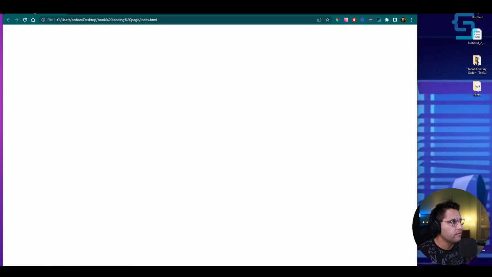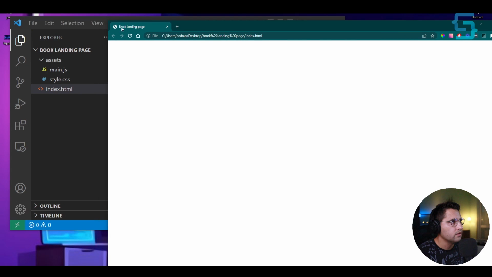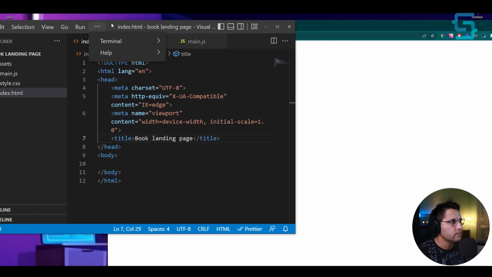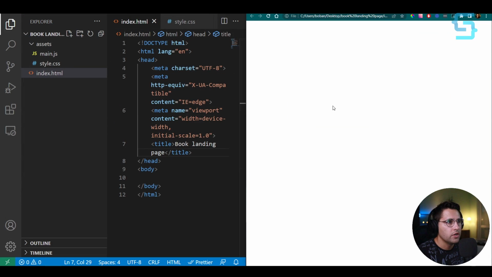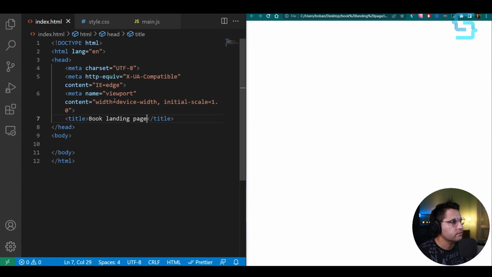And you can see we got the title of our page updated. I will open them one next to each other. Okay. Now I can include a couple of things that I need. So if you want to include the external assets or local assets, you do that here inside of your head